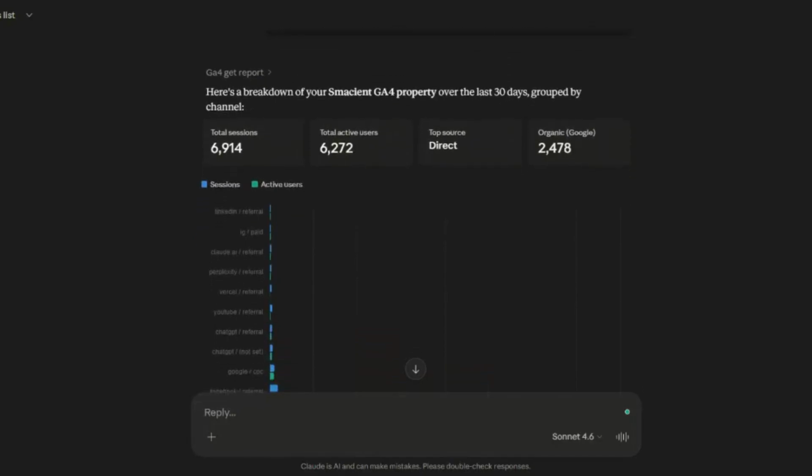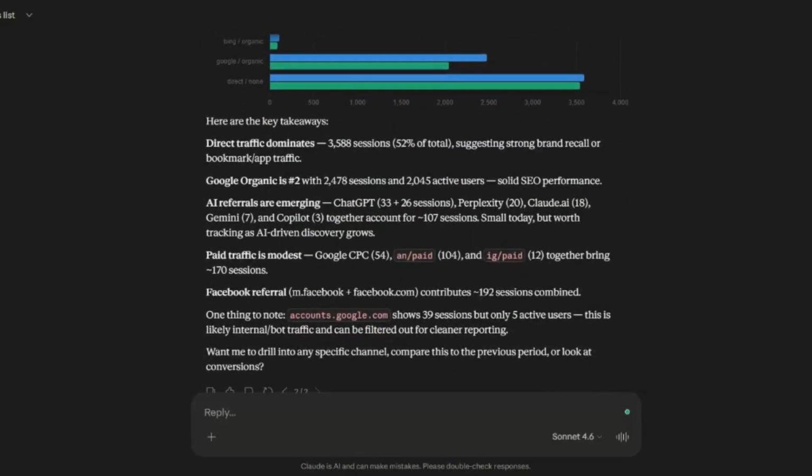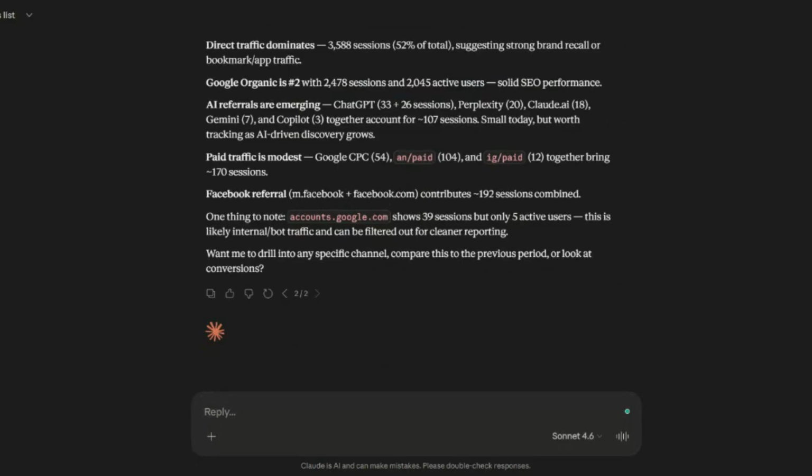Now you can see all the data has populated in the chat. You can also extract data for real-time monitoring, period-over-period comparison, and channel performance. Example prompts will be given in the description section.